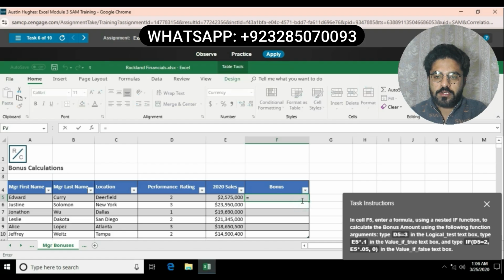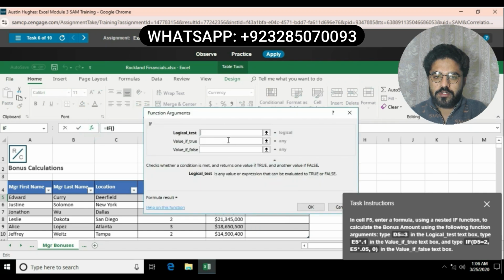You can click on this cell F5 and write a formula IF. Click on this fx function. D5 equal to 3, then in value if true you will have to write E5 multiplied by 0.1 in the value if true text box, and type